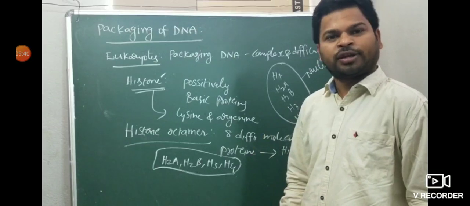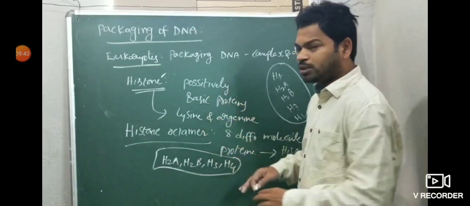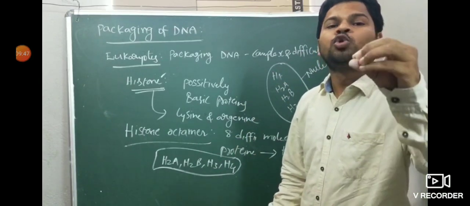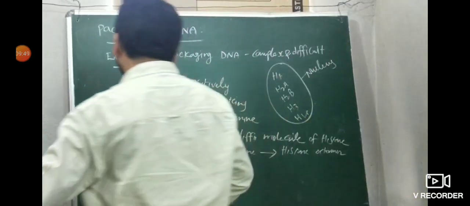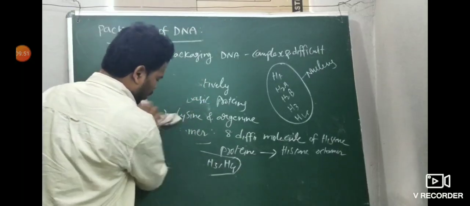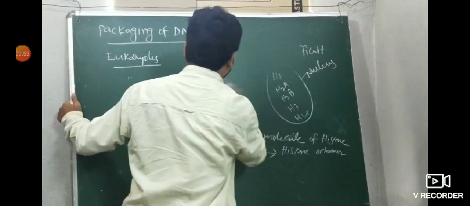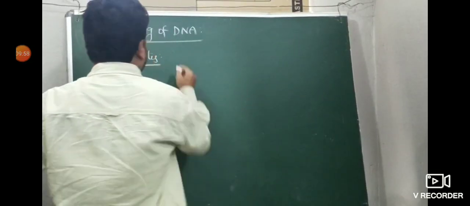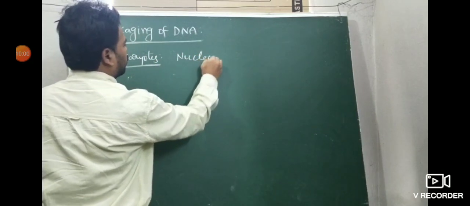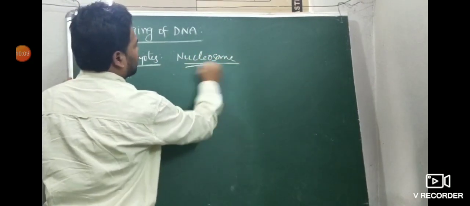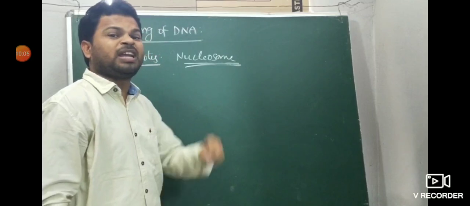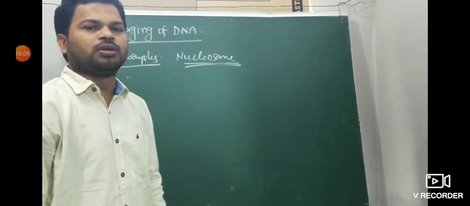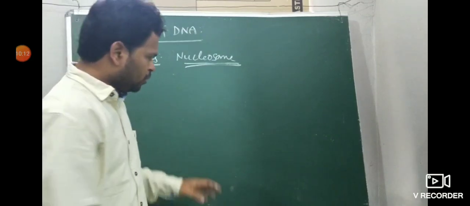Histone octamer. Now understand? After these words, how is DNA packed in eukaryotes? That is nothing but the nucleosome. So I am going to give the nucleosome now: packaging of DNA in eukaryotes. Sometimes a theory question also comes: briefly describe nucleosome with a diagram. It is a 5 mark question also. So draw the diagram.